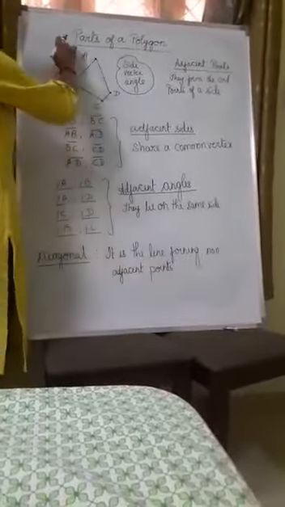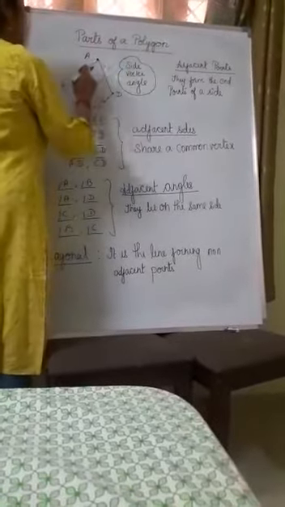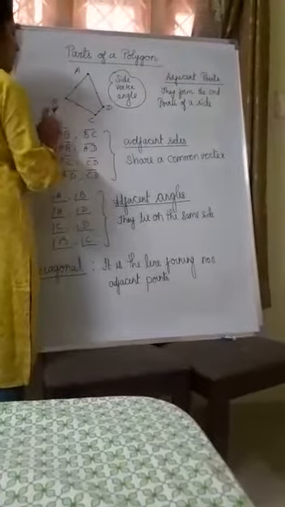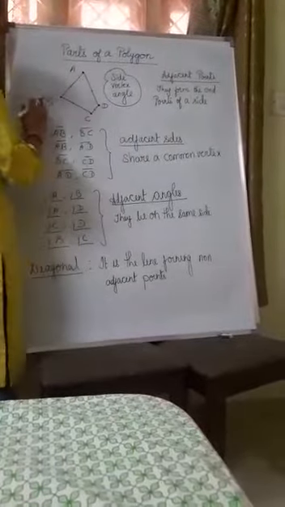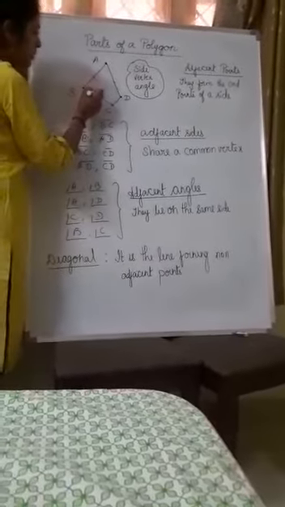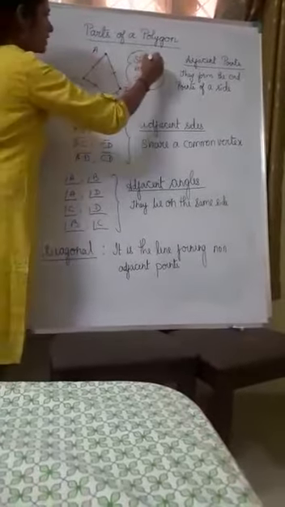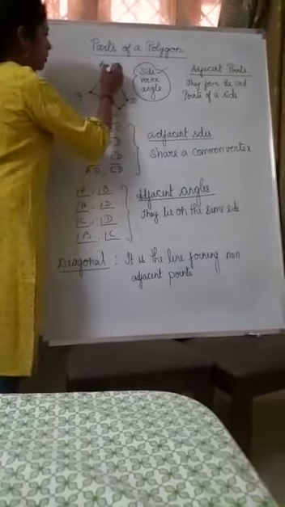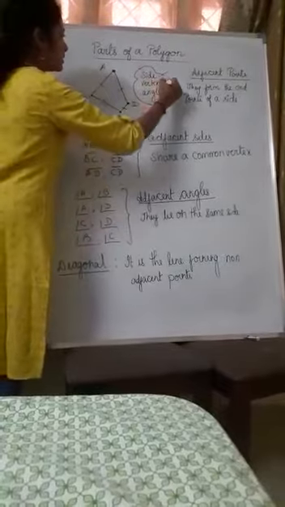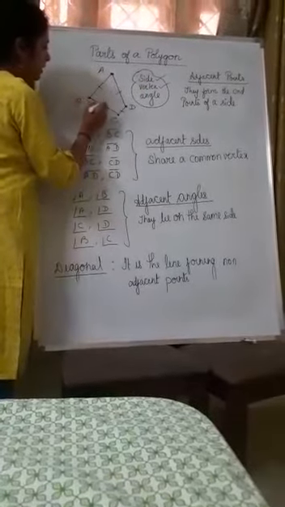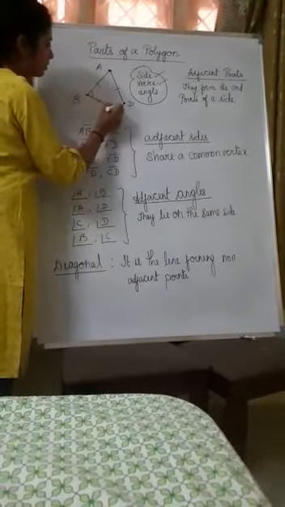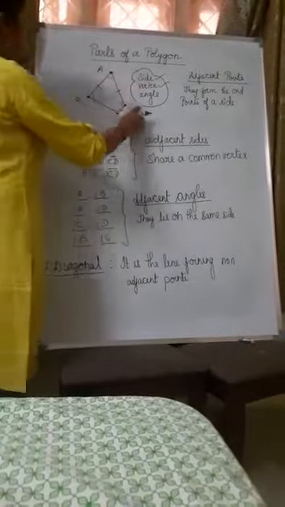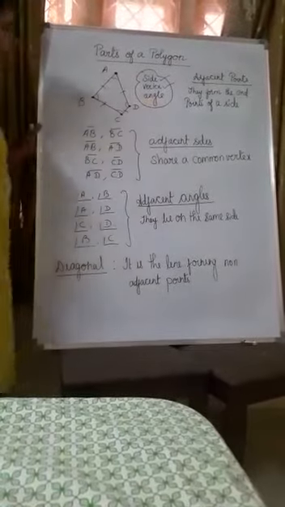Now we are entering into the parts of a polygon. This is a polygon. What is the name of this polygon? A, B, C, D. So we'll see what the polygon is made of. The polygon is made of sides. So side is a part and you can see the corners. We will call it vertex is a part and see between every side an angle is formed. So angle is also a part of a polygon. This we know already. Now extra few things we are going to learn.